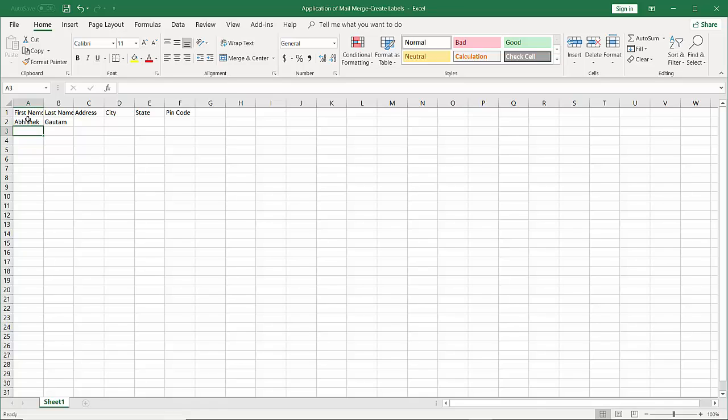Then first name Ashutosh, last name Singh, then next first name is Vikas, last name Gupta, first name Mukesh, last name Misra, first name Ramesh, last name Pandey,